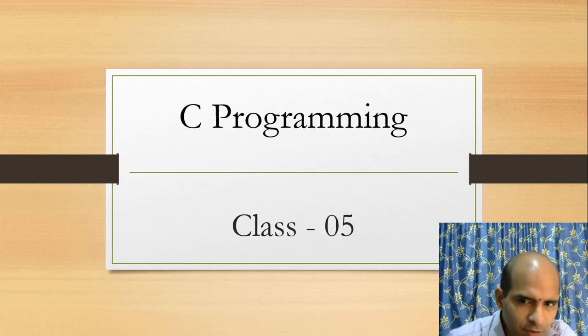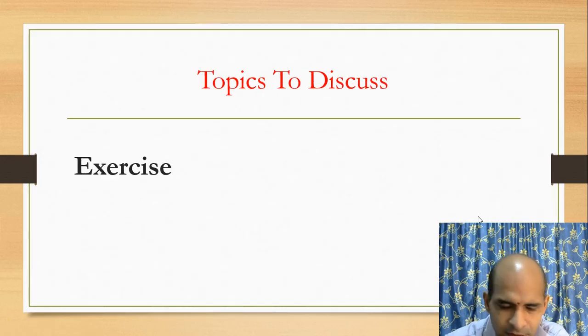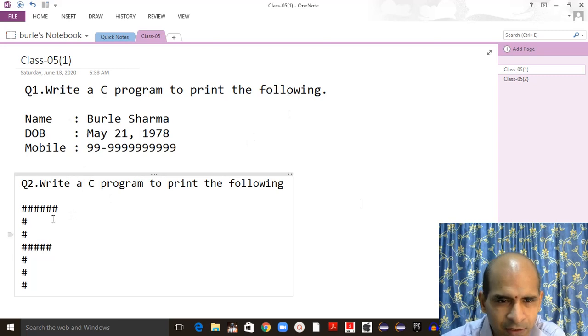So up to this point we have covered some of the topics using C programming. To confirm our knowledge, let us try to solve the following exercises. There are two output questions, and along with that you have to write two programs. This one is to write a C program to print the following, and this one again you have to print the letter F.